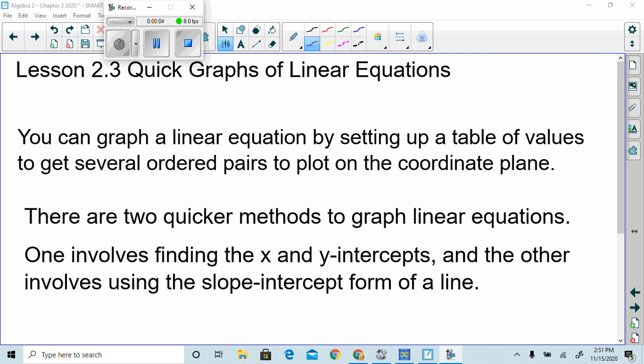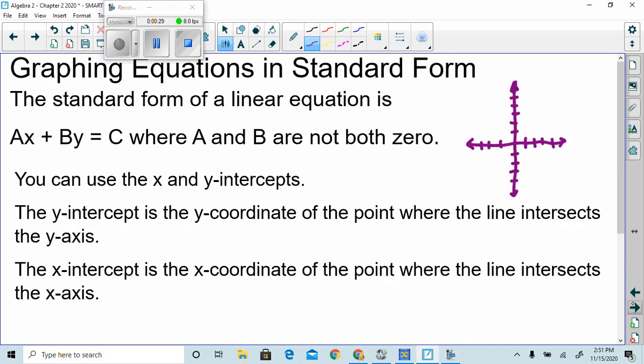Today we're going to spend some time learning how to do a quick graph using our x and y intercepts. There are two quick graph methods, but today our focus is on the intercepts. We've already learned that we could set up a table of values and graph those ordered pairs, but we only need 2 points in order to graph a line, so we're going to find it useful to explore the x